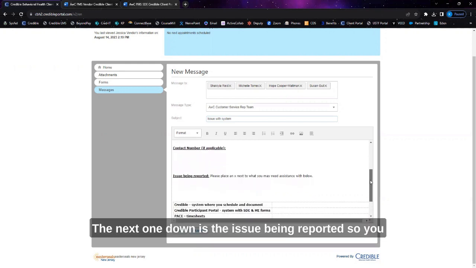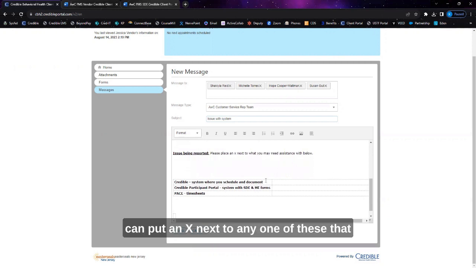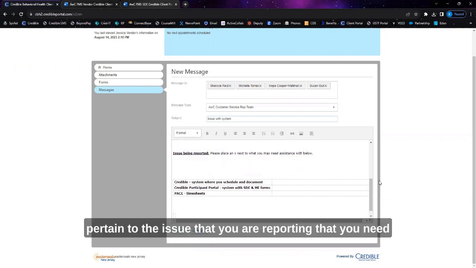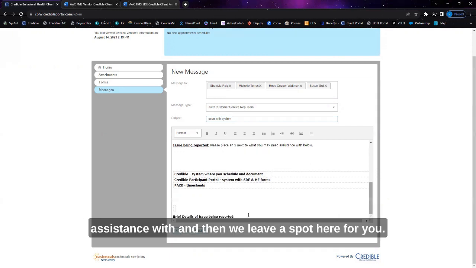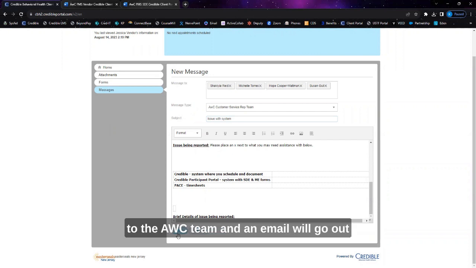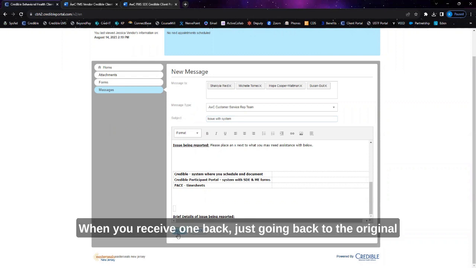The next one down is the issue being reported. So you can put an X next to any one of these that pertain to the issue that you are reporting that you need assistance with. And then we leave a spot here for you, a brief detail of issue being reported. Here is where you can expand on what you need assistance with. From this point, you can click send to send the message to the AwC team, and an email will go out to them via the Credible system. When you receive one back,